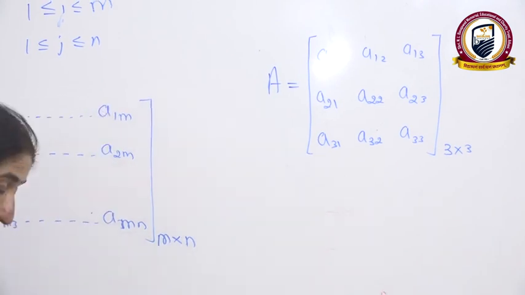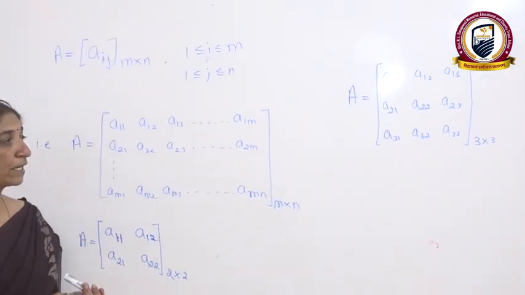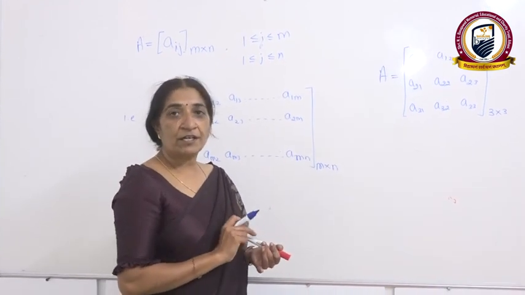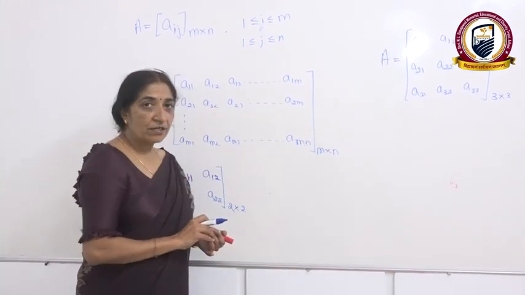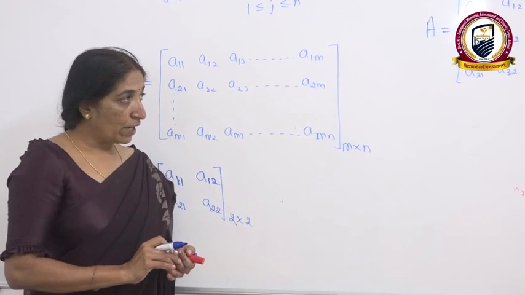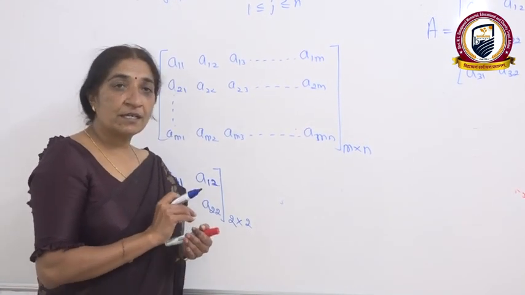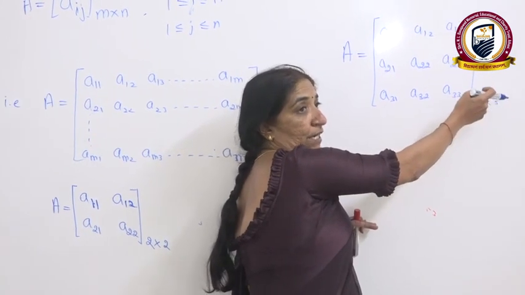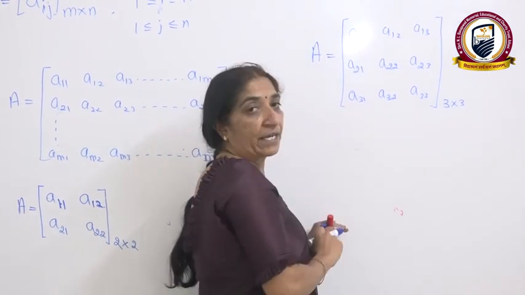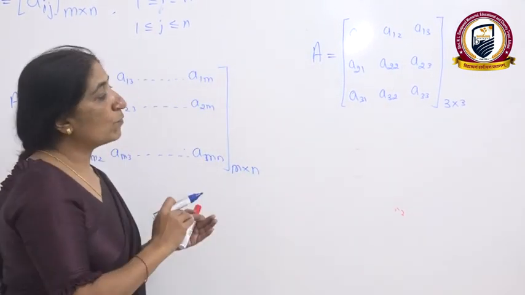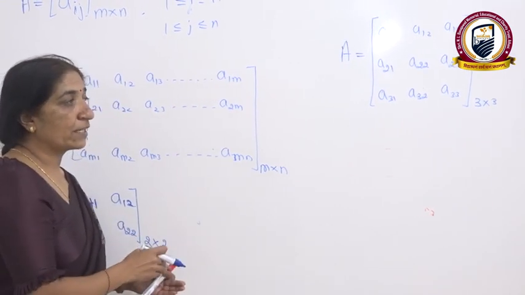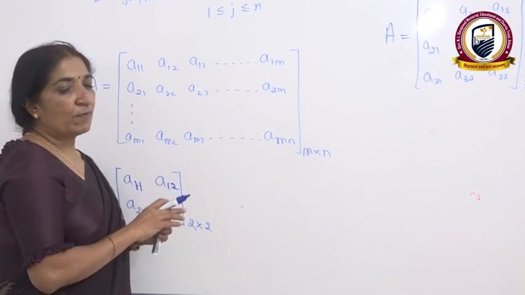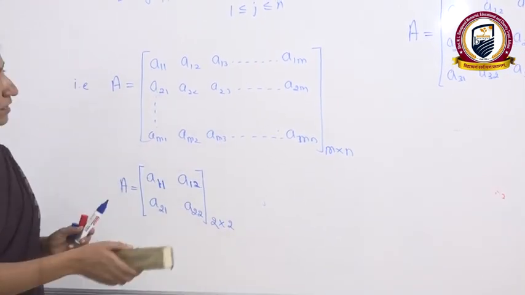See, you know what a matrix is? A matrix is nothing but an arrangement of numbers in the form of rows and columns. After that, what is the order? How many rows and how many columns are present in the matrix, that we write at the right bottom corner. After writing the order, if you multiply those numbers, you will get the number of elements present in the matrix. Now I am giving you questions related to this.